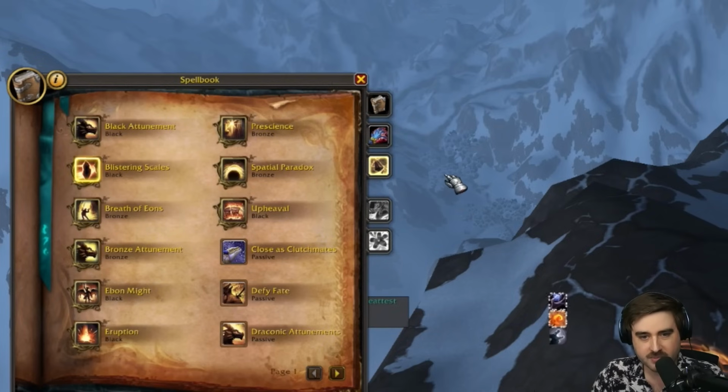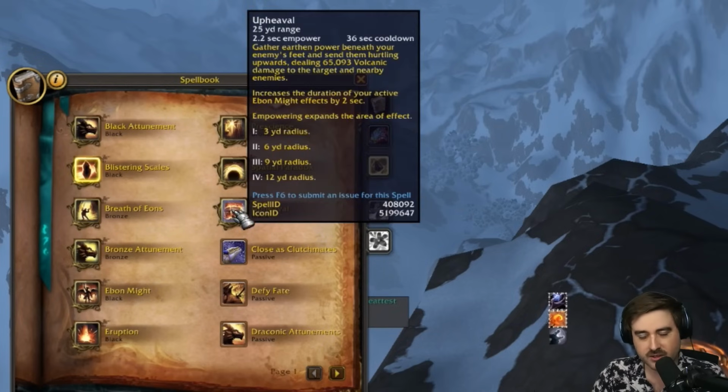And then our other Empower spell is Upheaval. This one, the more you charge it up, the bigger the circle is. That's all that really changes. So generally speaking, you just want to send this at whatever level is the minimum, so that it hits all